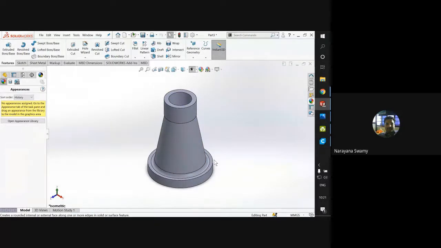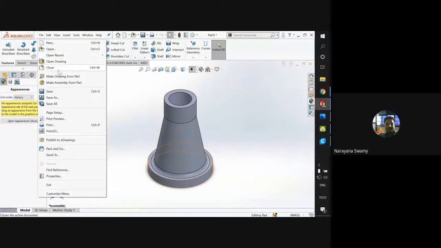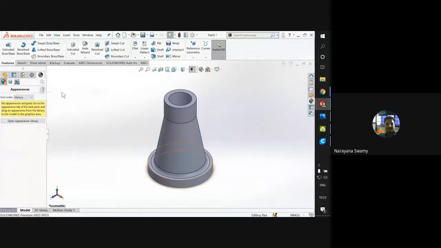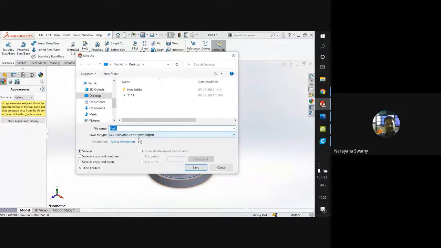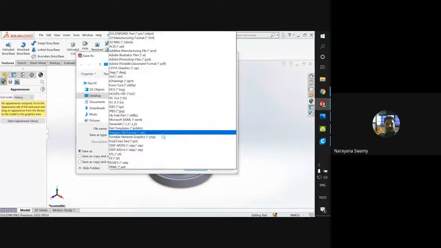Okay, so once this one is done, now if you are going to save it, if you go to the file and if you just say save, so here you can see it will be saved by default in a .prt, that is a part drawing. Or else if you scroll down, you will get plenty of these things.